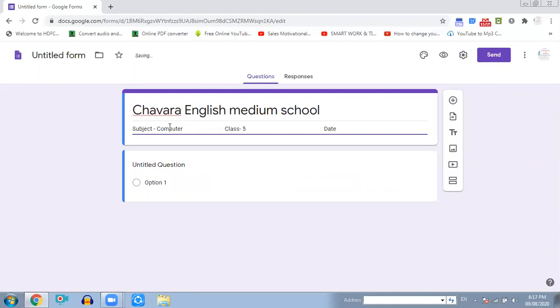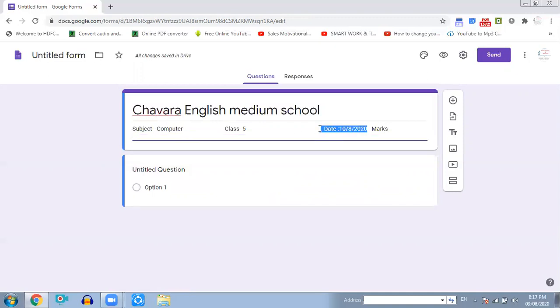Date, you can also enter marks, the total marks of the paper. Whatever we see at the top of a question paper, those details you can fill in here. Alright, so the upper title is over. Here you can also enter marks.